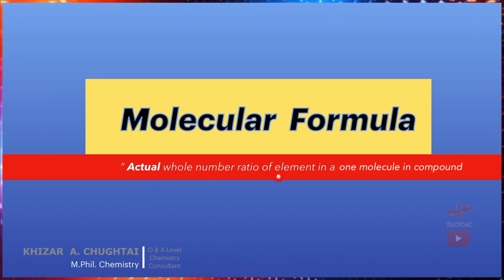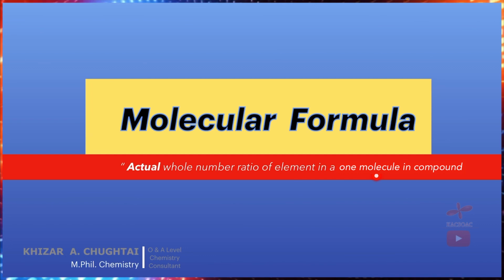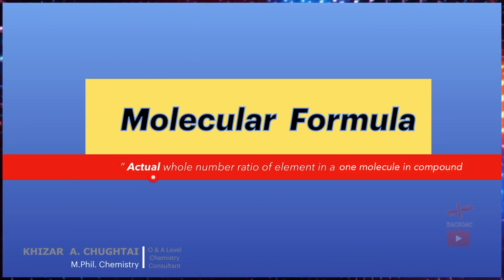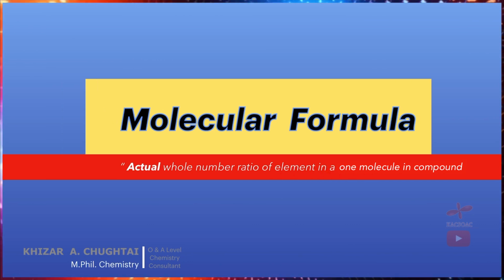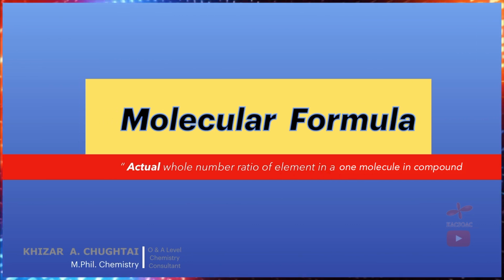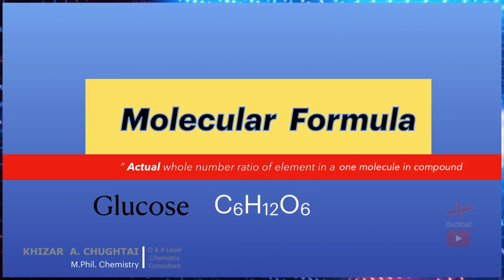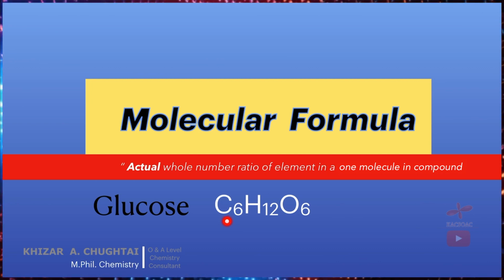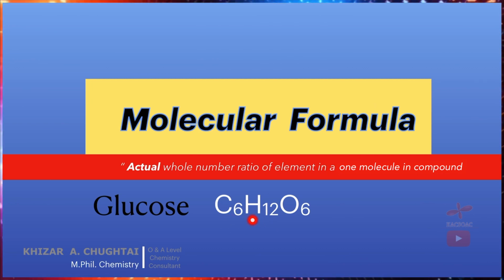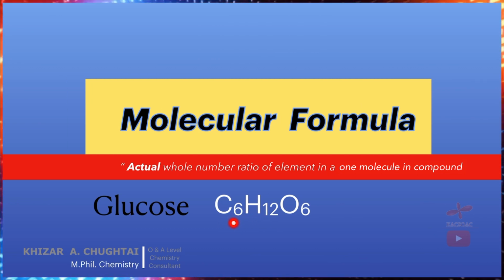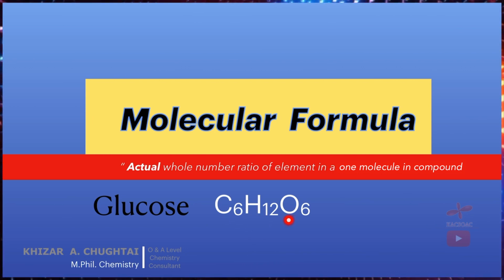Actual whole number ratio of the elements in a compound. Exhibition of the actual whole number ratio of the elements in a compound is called its molecular formula. For example, in case of glucose, C6H12O6. The elements are carbon, hydrogen and oxygen. Three different elements are lying over here. And the ratio is